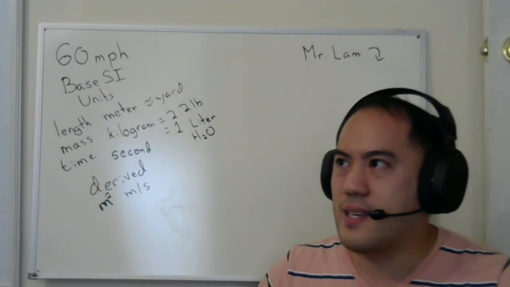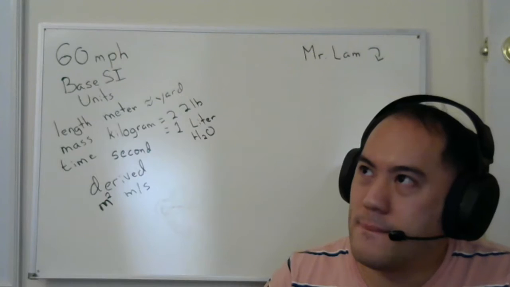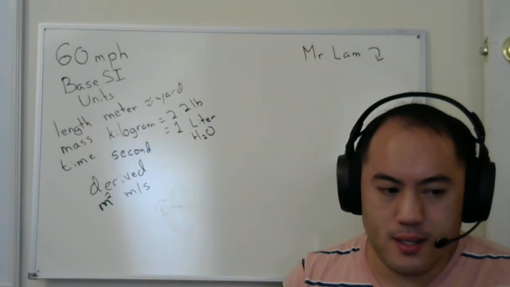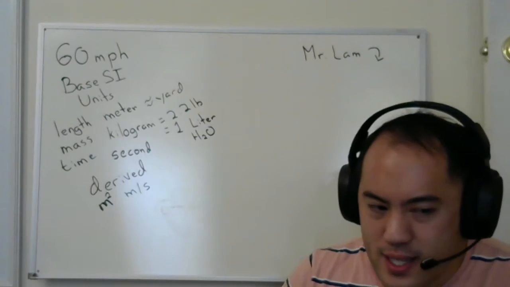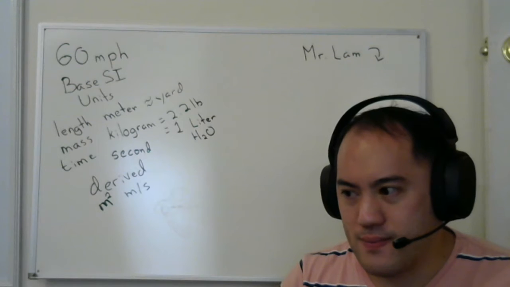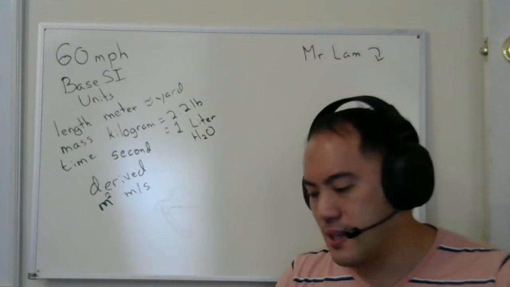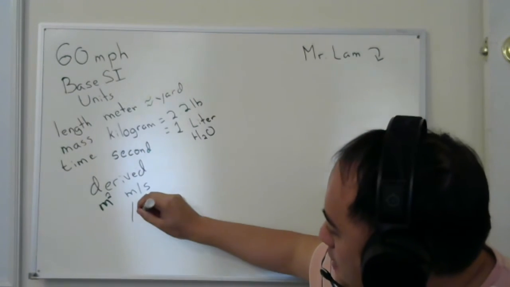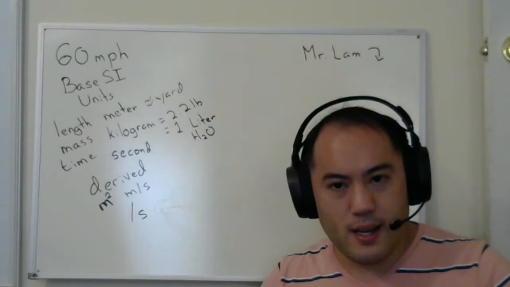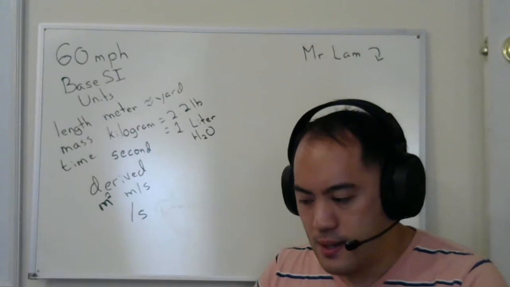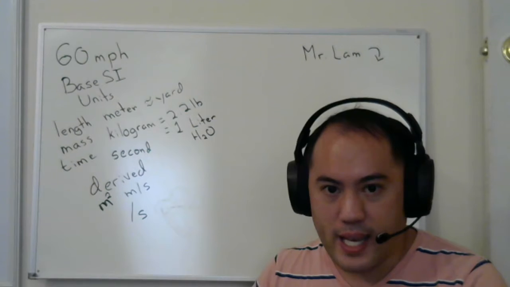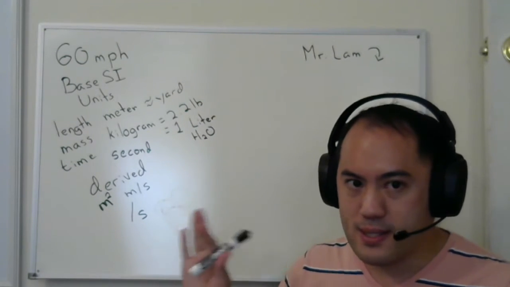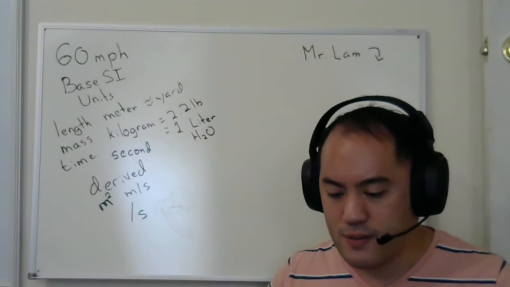Weird example. Let's say you're working in like a water treatment plant and you want to figure out how much water you can provide a city every second or every day, every second. So it's going to be a derived unit. We're going to measure how much water we can provide per second. If we wanted to figure out how much per day, we could just do some conversions to change from seconds to days. But to keep it simple, to stick with the base units and make it easier for a physicist,